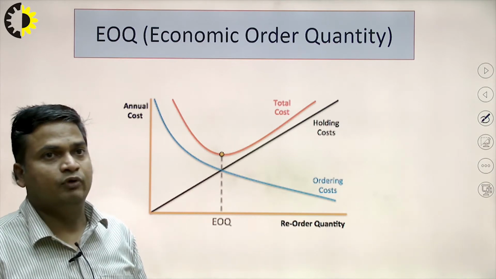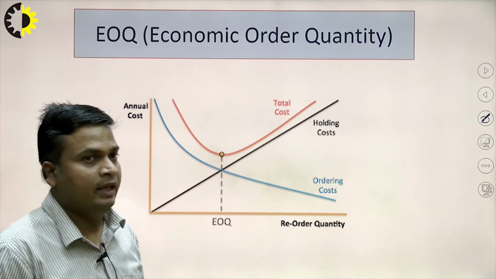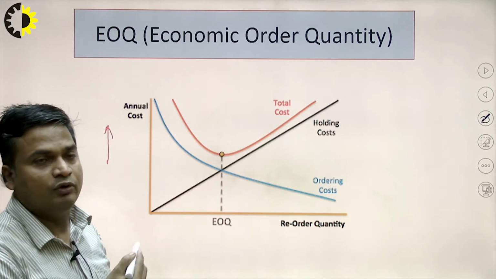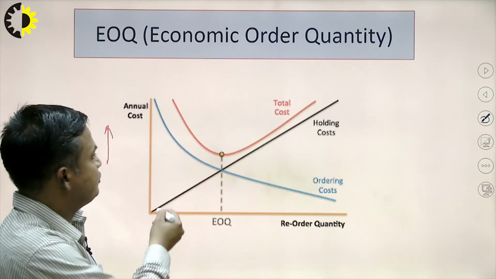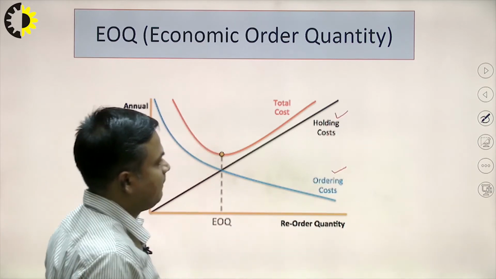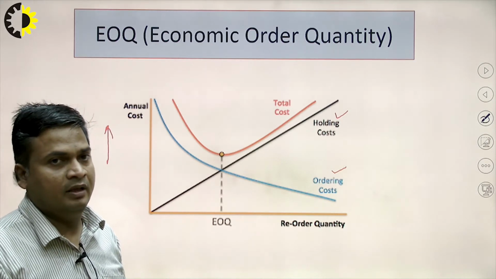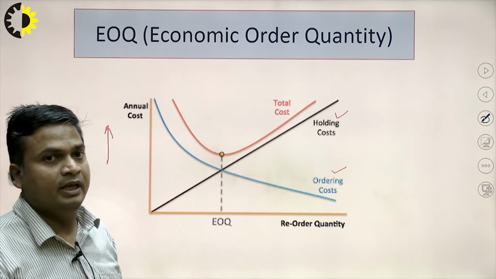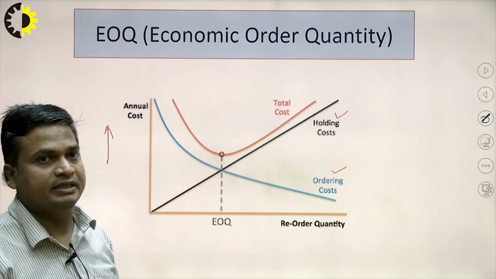Now, in this one, the parameter is called economic order quantity, that is defined. On the y axis here, cost is there, annual cost is there. And this is of two types, one is ordering cost and second is holding cost. Ordering cost is the cost when we are placing some order, and it is like some employees we have to pay, some transportation cost is there for receiving the goods, some postal charges are there.